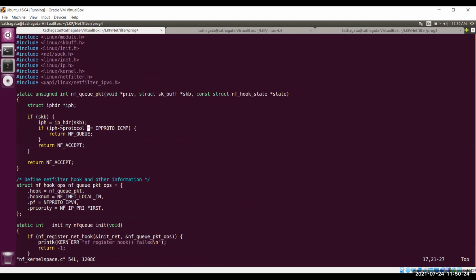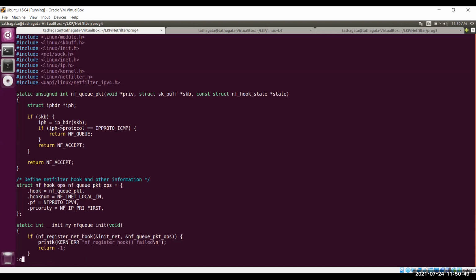if the protocol is ICMP, we are sending NF_QUEUE instead of NF_DROP or NF_ACCEPT. So all the ICMP packets will now be sent to the user space program, and they are not processed in the kernel level or the network stack. Okay.